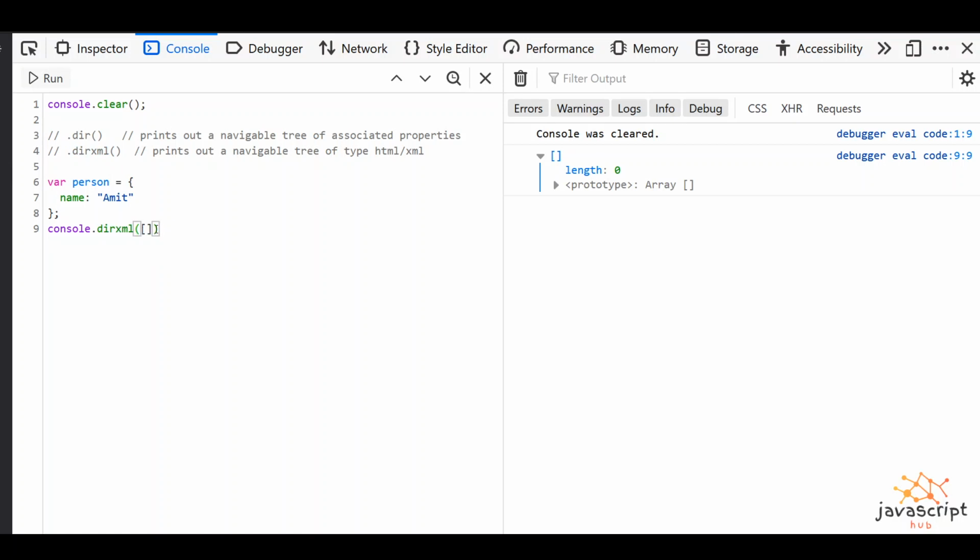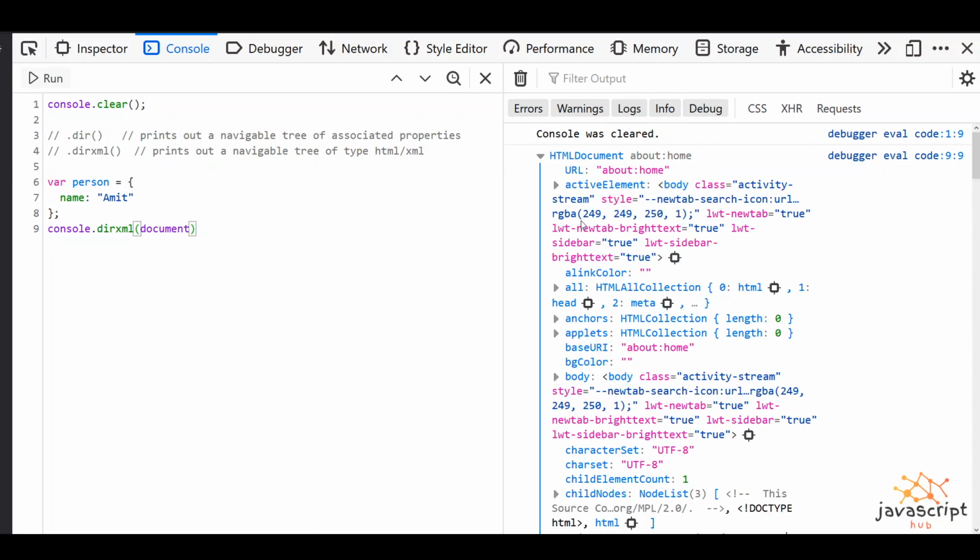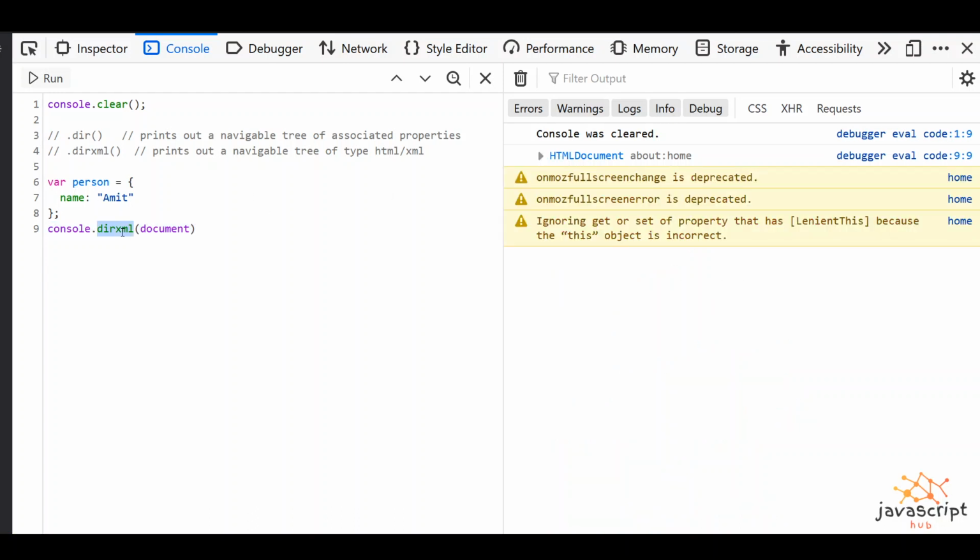So let's say I'm going to print the document here. Actually, one more thing I forgot to say about dirxml is that each and every browser has its own implementation. Right now it is displaying based on the object notation that we see with dir.